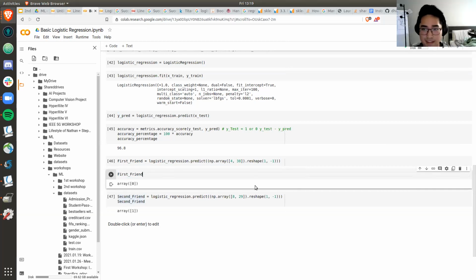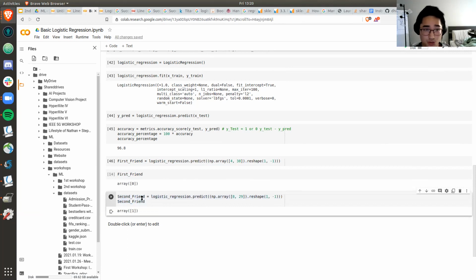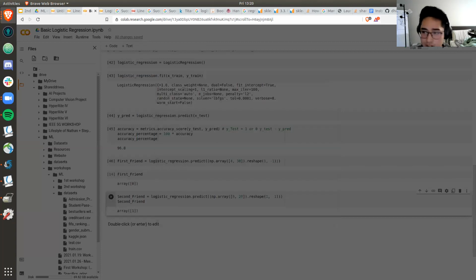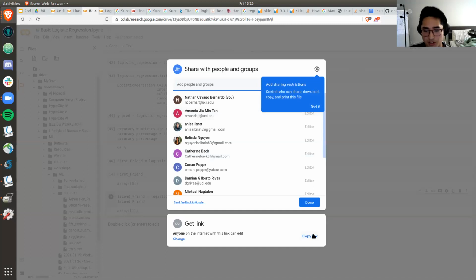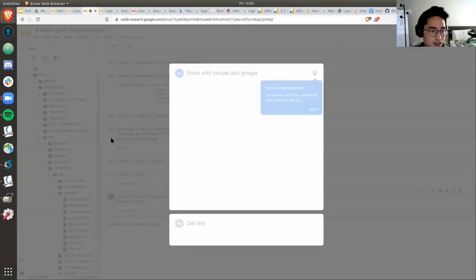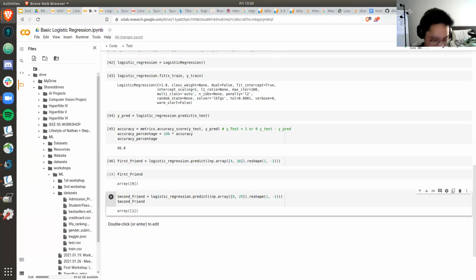Any other questions? All right. So, this basic regression model, which I will send out to you guys right now, is very simple. It's okay if it didn't make sense. If it doesn't make sense, just always ask me questions, and you can also ask me or any of us in the Discord channel. But let me show you guys this link. I will also post the Google Colabs in the Discord channel later on after this workshop.